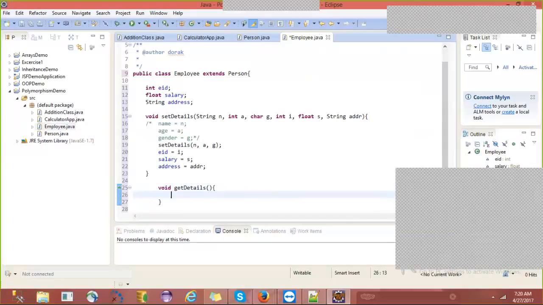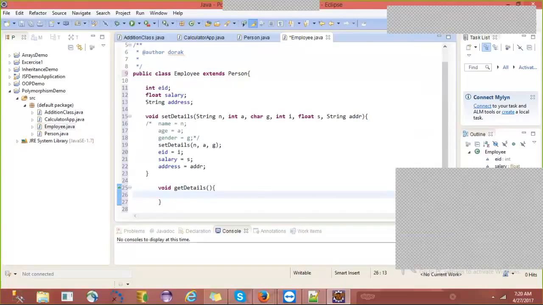How many parameters do we need in getDetails? Yeah, quick. getDetails is nothing but get employee details, right? Yeah, zero parameters. Yes, you are right, Vishnu.